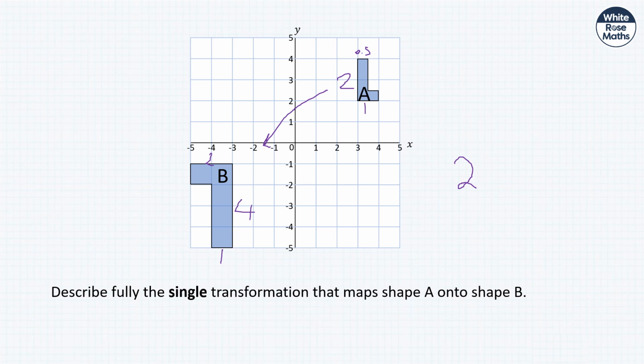So it's got a scale factor of -2 about the point (1, 1). So this is going to be your center of enlargement. So the center of enlargement is going to be (1, 1). So it's an enlargement with scale factor of -2, because it's been flipped. If it was +2,